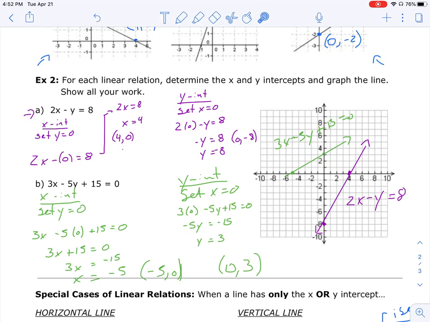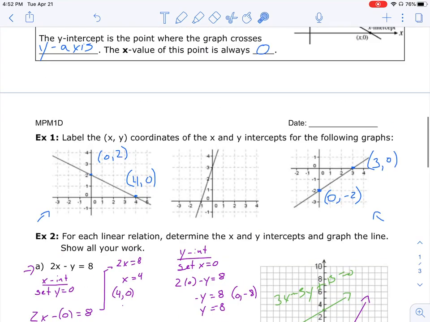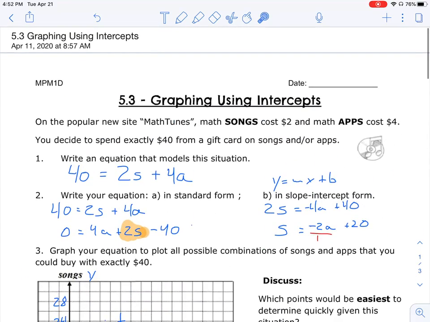So when we solve for an intercept, be it an x-intercept or a y-intercept, and then we find the value of x, or in this case, we find the value of y, we then need to remember that step of stating the coordinates of that intercept so that we can then plot it on the graph. So that would be the big takeaway from when we're talking about graphing using